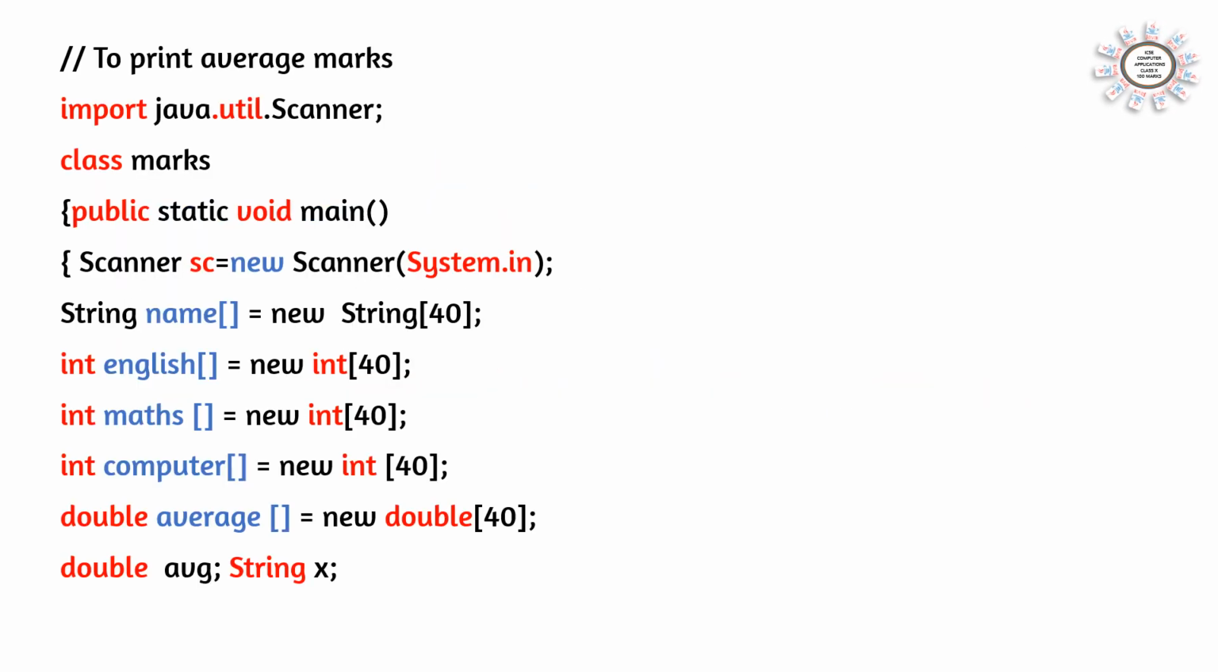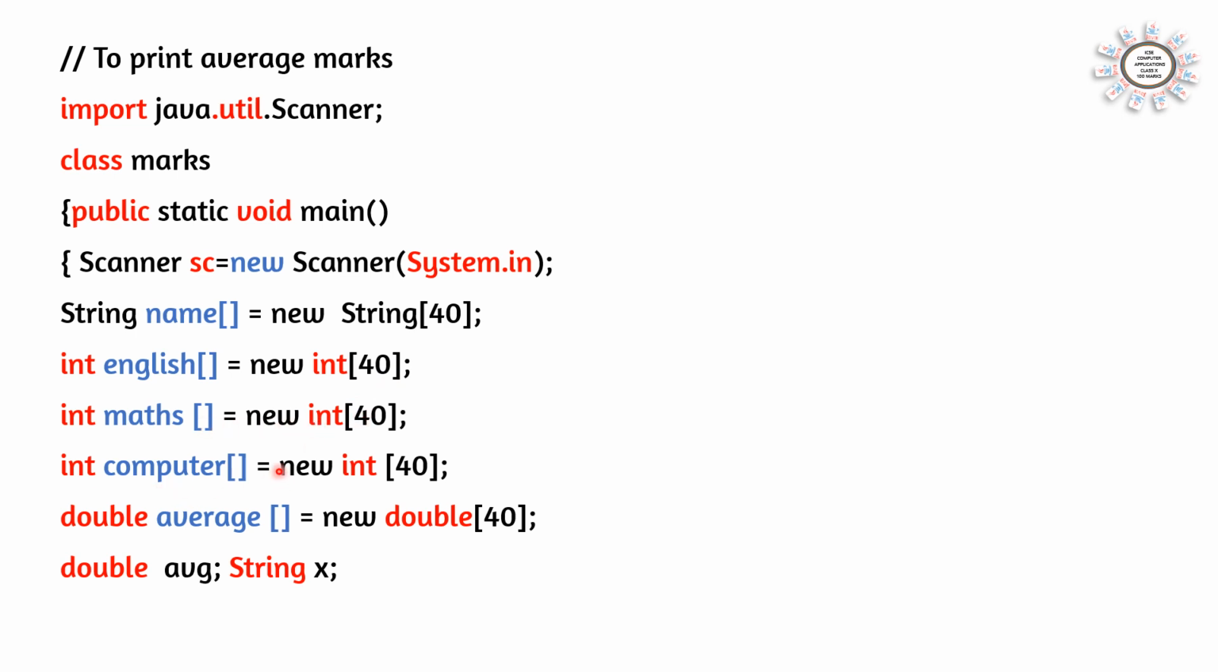Start the program, complete the first 4 lines, and now declare the arrays needed. Here we have to declare arrays to store the names of 40 children and their marks in 3 subjects. So here we are declaring the array String name[] is equal to new String[40]. This array will store the names of the children, and int english[] is equal to new int[40], int maths[]